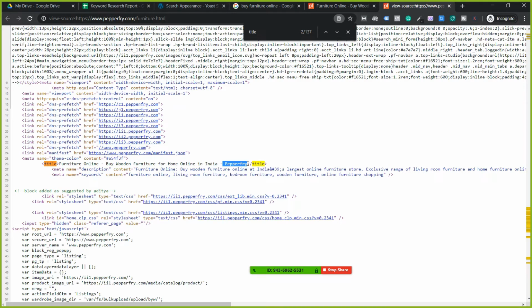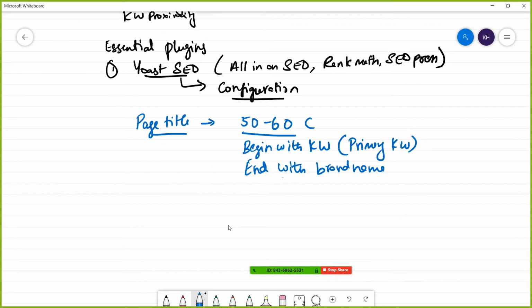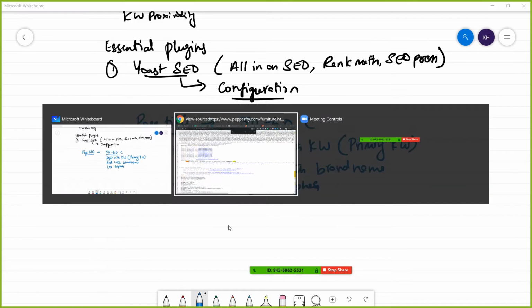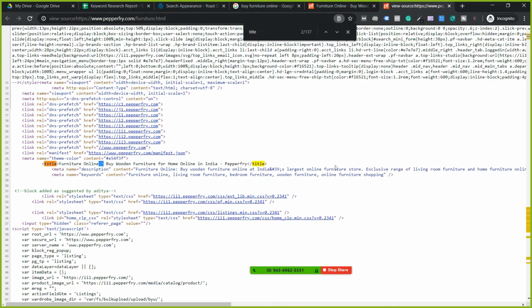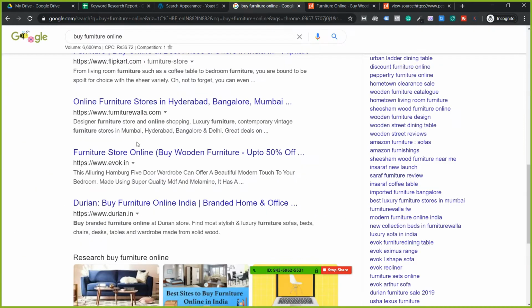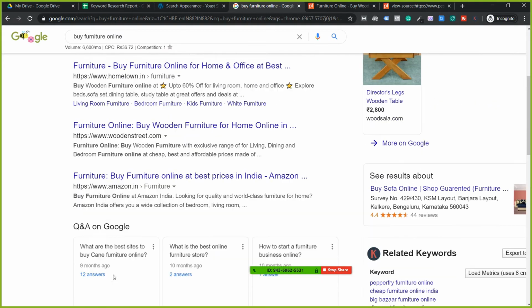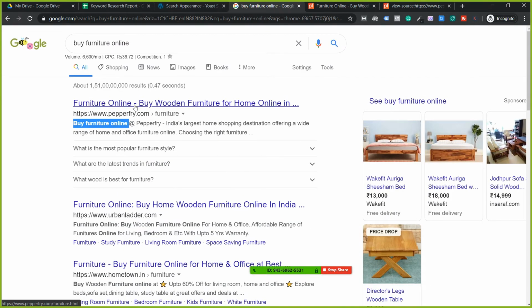Now coming back, if you want to separate words or sentences, that's the next thing. What you do is use hyphens. So if you notice here, can you see they have used hyphen here and hyphen here. Same thing in the SERP also. When I use hyphens, I don't use colon or comma or anything like that. Certain times I use pipeline. Pipeline is a vertical line. Shift backslash is a pipeline. I use pipeline, but I prefer to use hyphens.